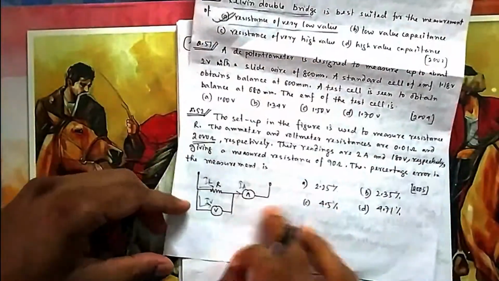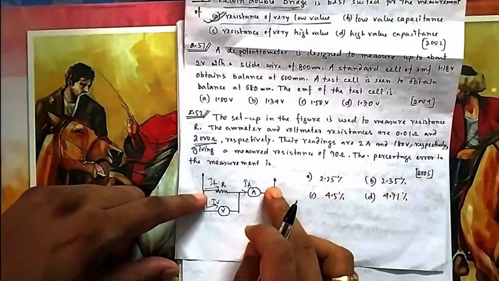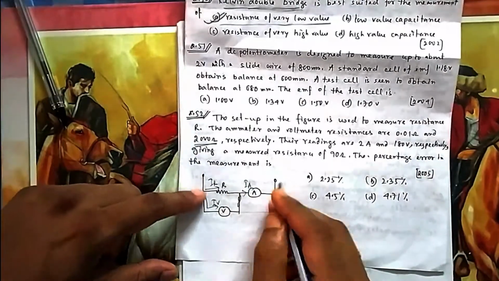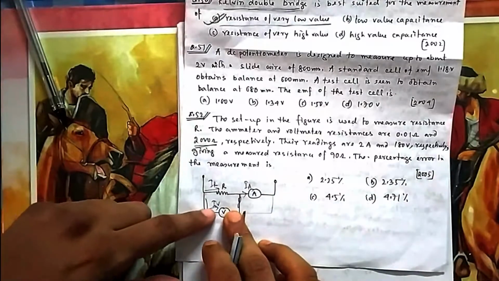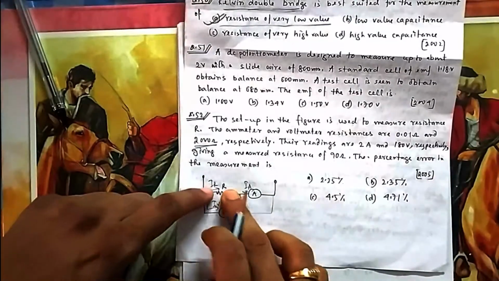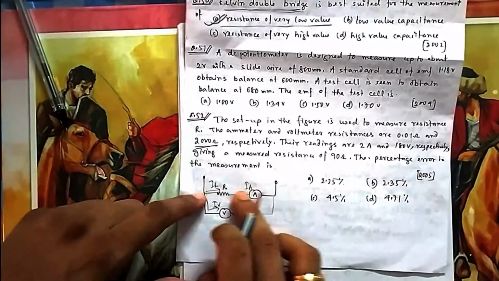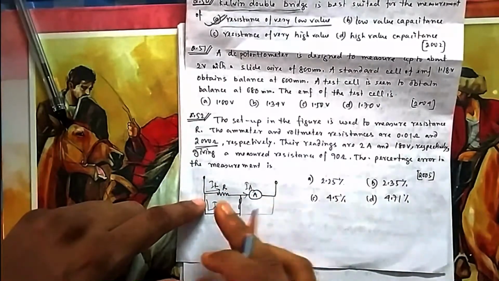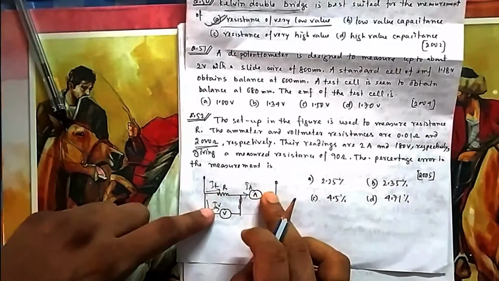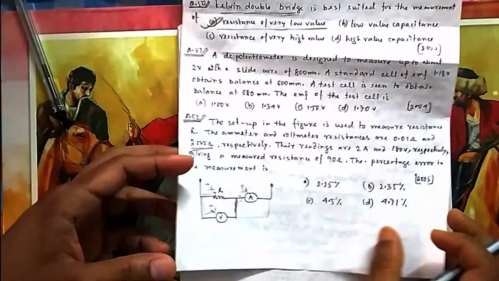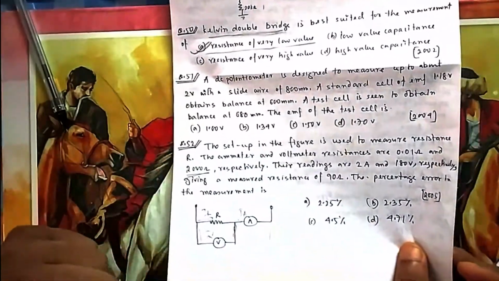This type of setup can also be in a different way. The voltmeter can be connected in this way also. Instead of connecting the voltmeter across R, they can connect it in this way. In that case your voltmeter reading will be wrong because it will be measuring this voltage plus this voltage. The ammeter will be measuring the same current, but the voltage measurement will be different. VB is equal to VR plus VA. We will solve it in that way if the question had been that question.